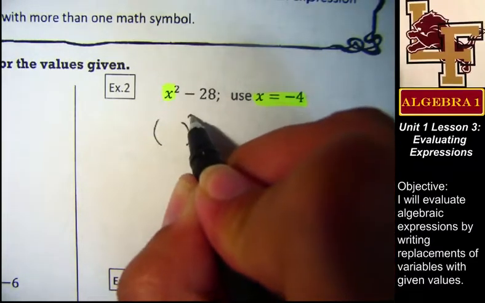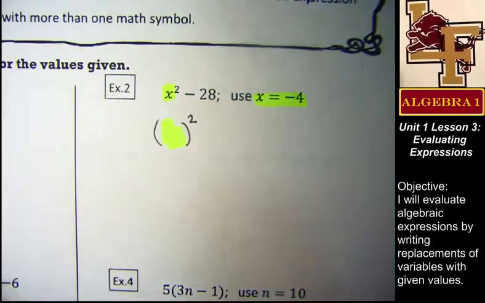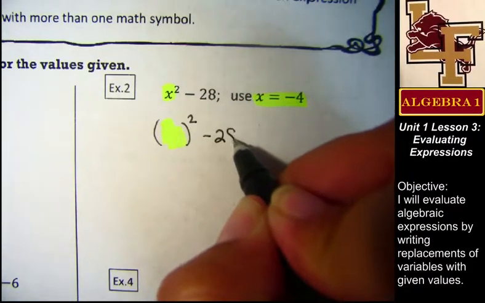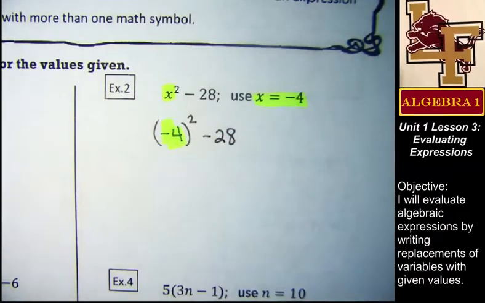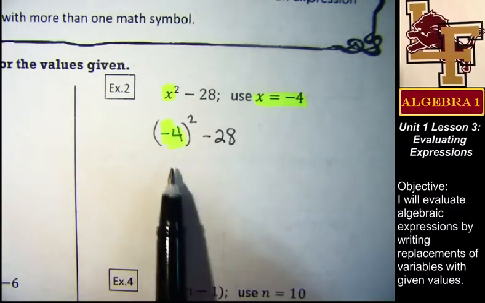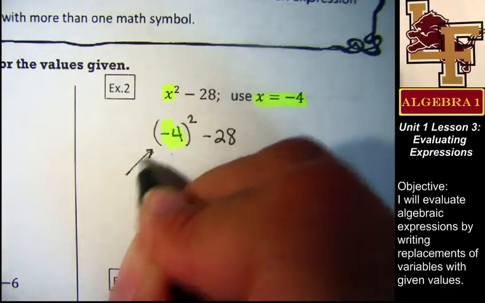So I'm going to put parentheses to show this is where I'm going to put the value for my variable. And I'm going to write everything else the same. You said that my variable's value was number 4. Wait, don't, -4, thank you for correcting. Wait, don't evaluate it yet because I want to do some reading on this first. This term says, listen closely, negative 4 squared. It does not say,